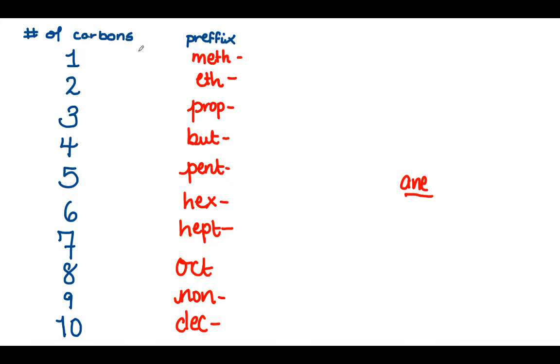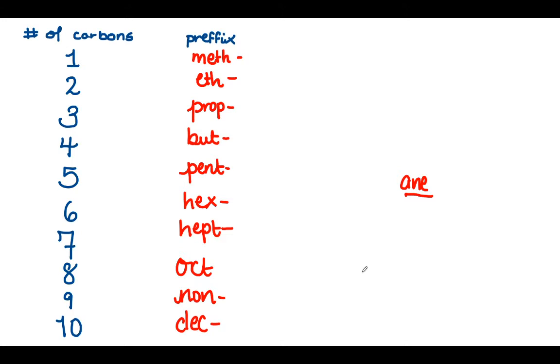So if you have 1 carbon, the prefix is meth. If it's 2, it's eth, 3, prop, and so on and so forth, right? And the ending is actually going to be different based off of the hydrocarbon. So these prefixes stay pretty consistent for pretty much as we go in organic chemistry. This kind of stays the same. What changes is the ending, or the suffix.